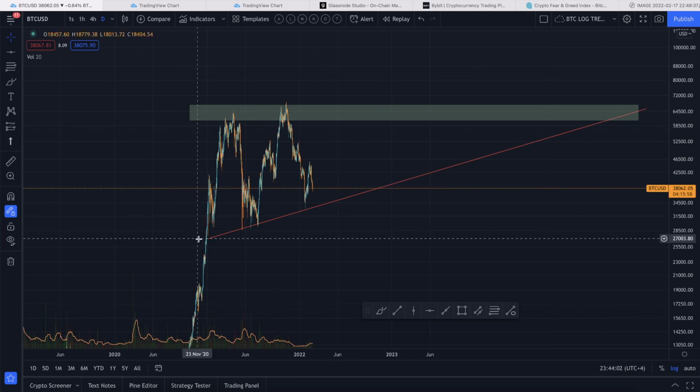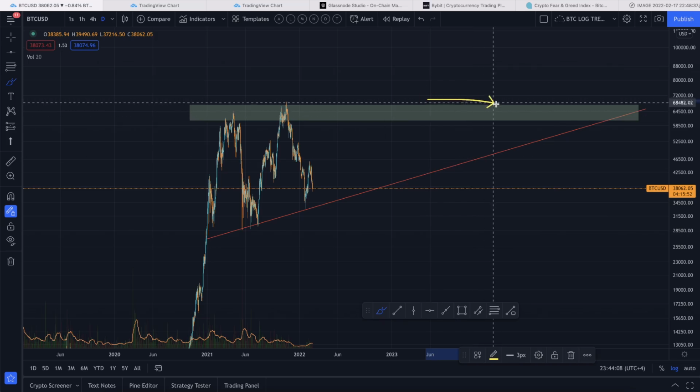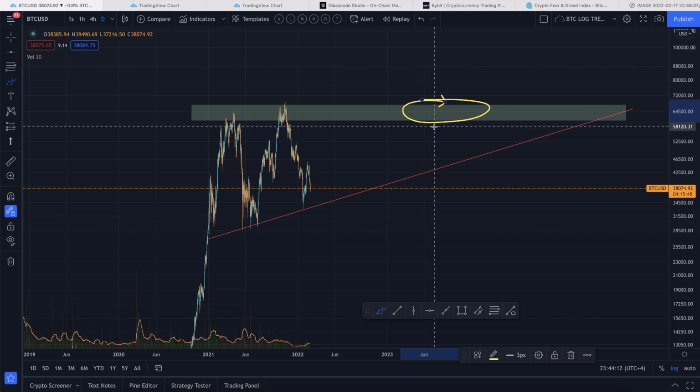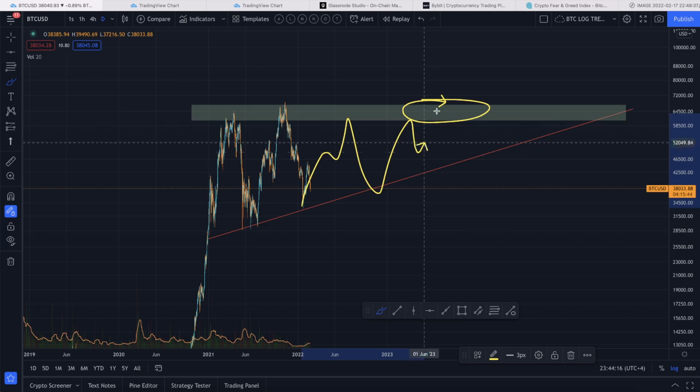And so the pattern begins over here and it ends over here, which means, I'm just eyeballing it, but 66 to 75% would probably be around here, which is firmly in the middle of 2023. It's a very long-term pattern, and I'm not saying that we're actually going to do something like this,